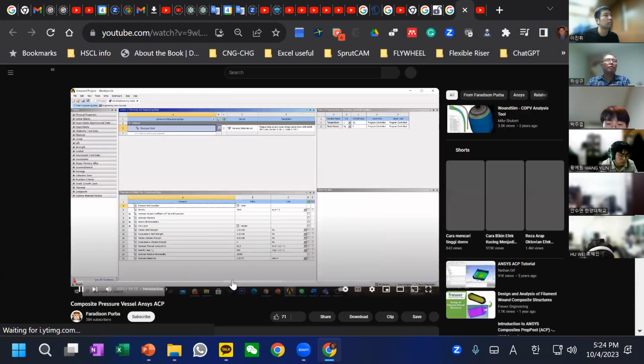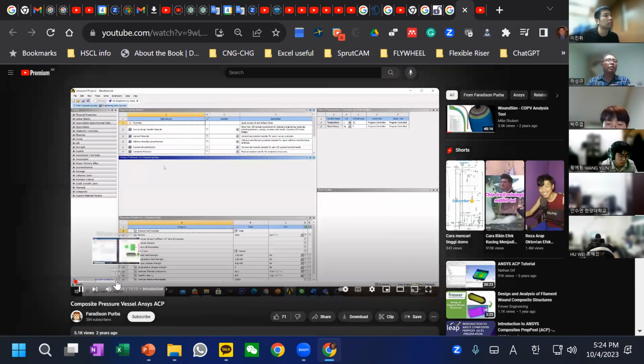Well, speaking of the pressure vessel, there are many different ways of modeling. Modeling means we first need to